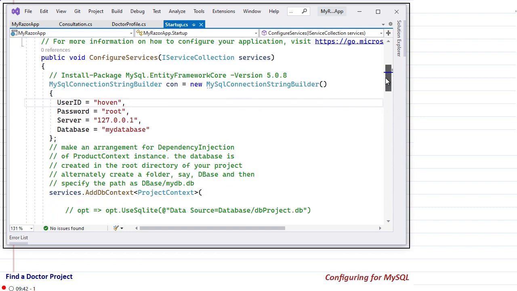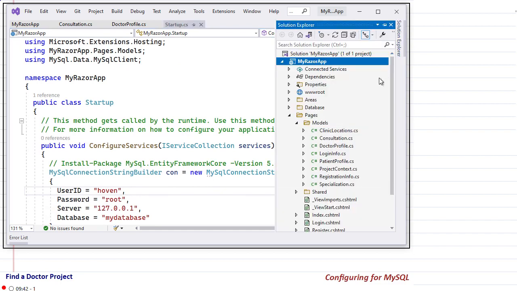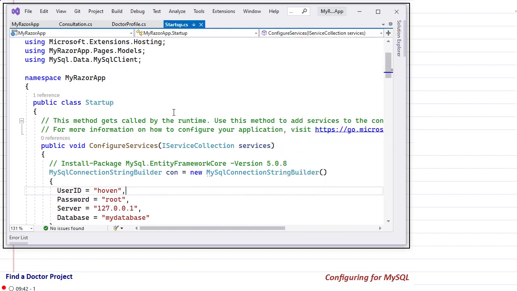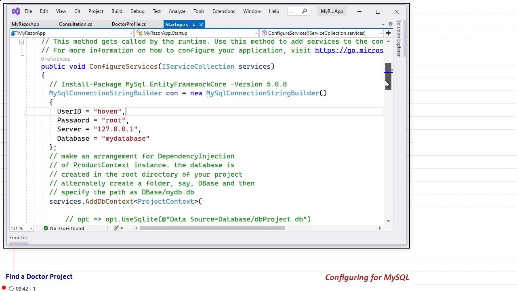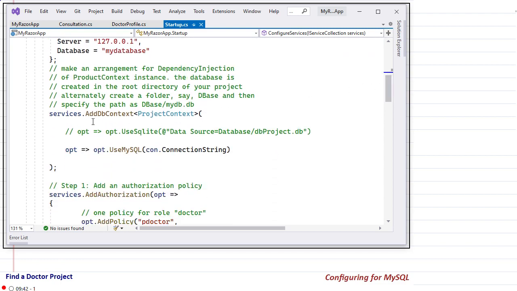Then you will have to come to your startup class. The startup class you will find in the Solution Explorer. This one. Come to the startup class, find the ConfigureServices method, and there you will find this one, services.AddDbContext, options go to UseSqlite.